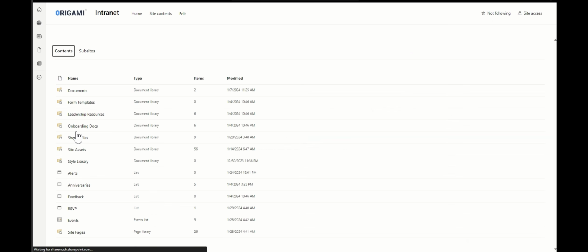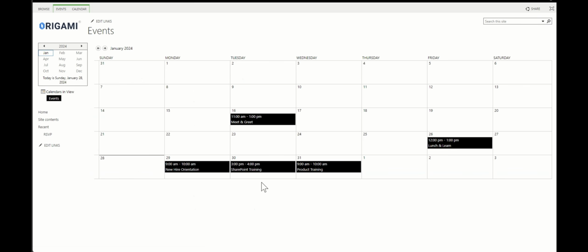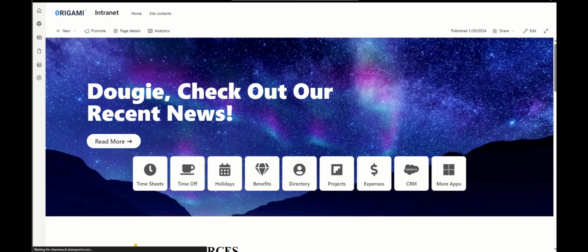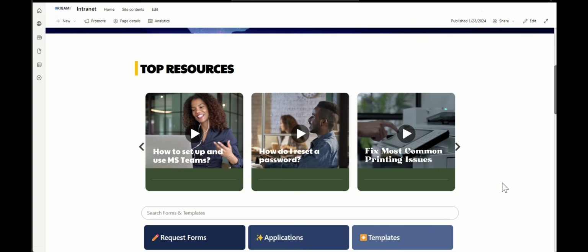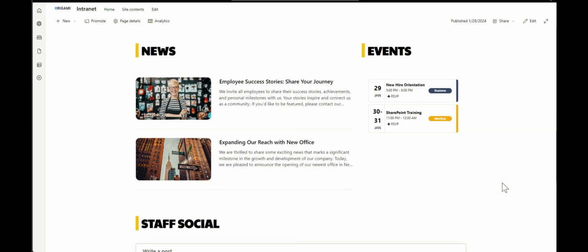You then find the events list. So every SharePoint site comes with an events list, which is what the calendar runs on. You then go into events and you create your event through the events form in here, new event. So I added in SharePoint training in here, for example, and then that then appears back on the homepage. So that's kind of like a bit of a downside. And I suppose one point goes to out of the box SharePoint events web part in that sense,